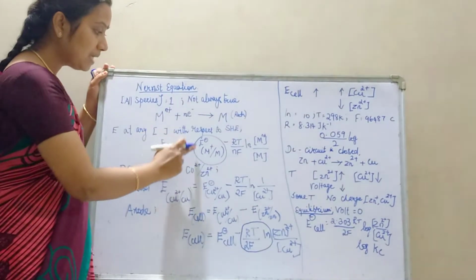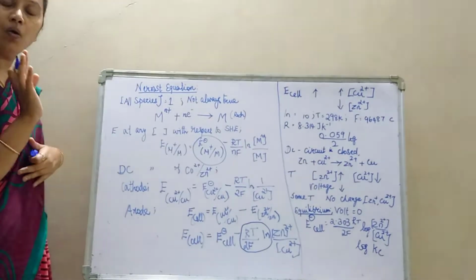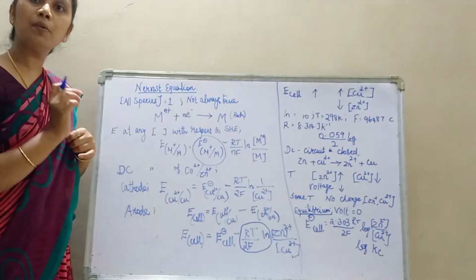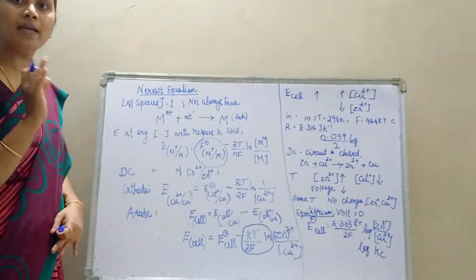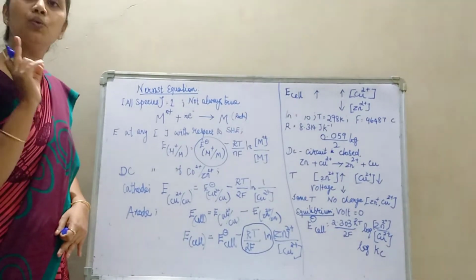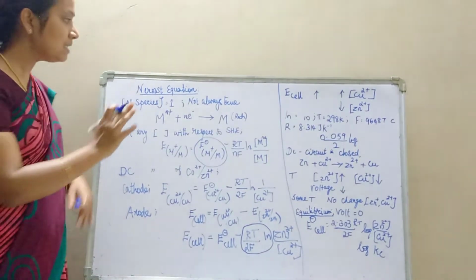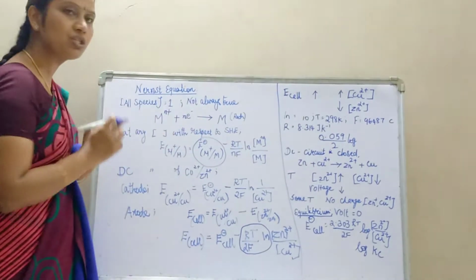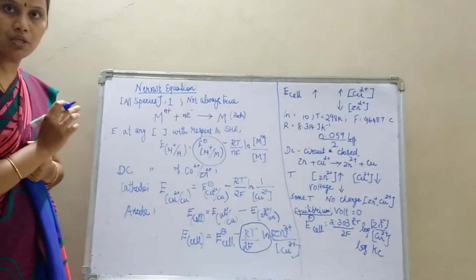This is the cell potential. This is the standard electrode potential. We know already what the standard electrode potential is: the concentration of all the species involved in a reaction is unity. But this is not always true in all cases. For example, in the Nernst equation, I have taken an oxidation reduction reaction, so I have involved the constants. I have written the equation now.